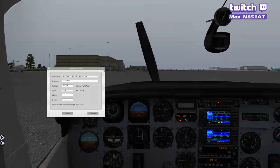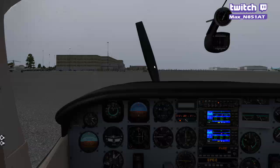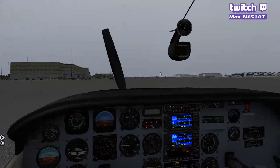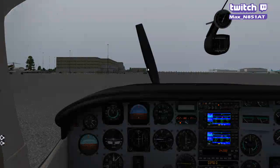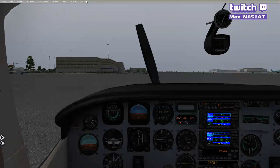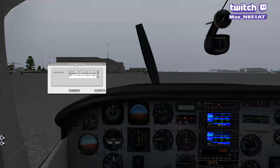Alright. That's an awesome new Windows feature. See how it was just about to crash my sim? And if you hit resolve, it was, what is it, like return to a previous state, it actually goes back to before you tried to connect to Pilot Edge. But I'll show you. So it's Pilot Edge, and then I'd go to Preferences, and this is